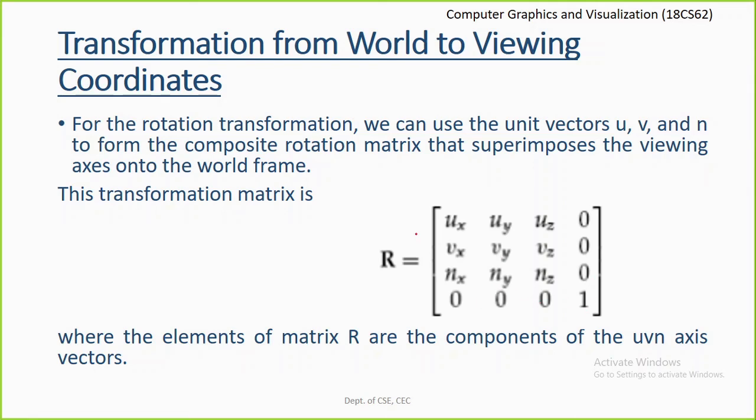The vector u represents the x-axis of the viewing coordinates. The vector v, the view up vector, represents the y-axis of the viewing coordinates, and we have the surface normal vector n, which represents the z-axis of the given viewing coordinate system. So here the matrix R consists of the components of the UVN axis vectors.